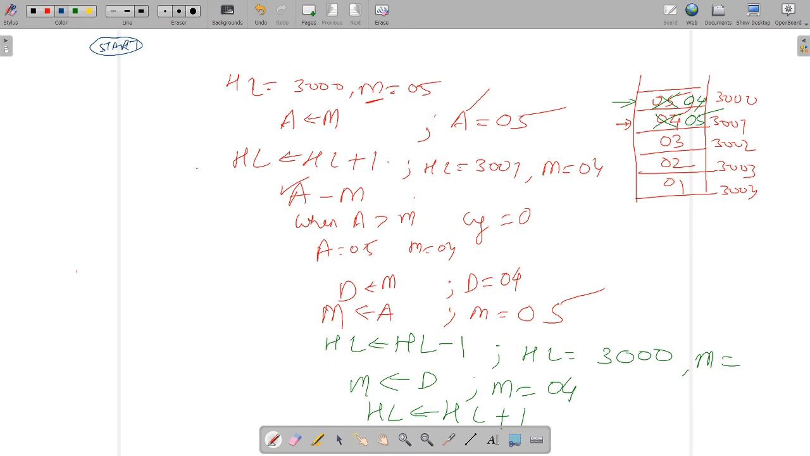Now you see that we are having 5 bytes of data. Initially your 05 was in the 3000 memory location, 04 was in 3001, then 03 will be in 3002, 02 will be in this, and 01 will be in this location. So we are having the 5 bytes of data. So when you are having the 5 bytes of data, how many iterations are going to be performed? So you will be performing 4 number of